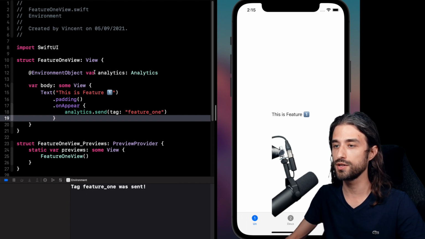Then we can retrieve the value using @EnvironmentObject. And that's it. We don't need to write any other boilerplate code. But of course, as you can imagine, this simplicity comes with a drawback. And in order to illustrate this drawback, what I'm going to do is close the